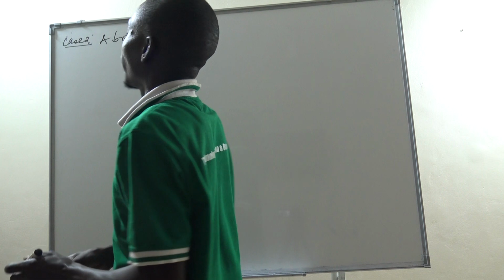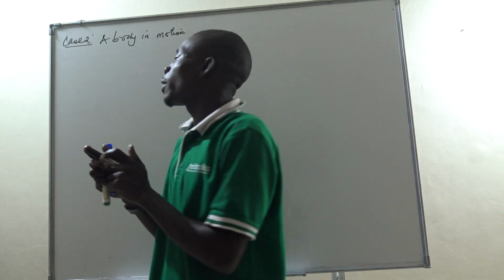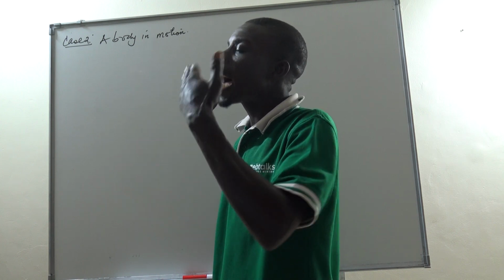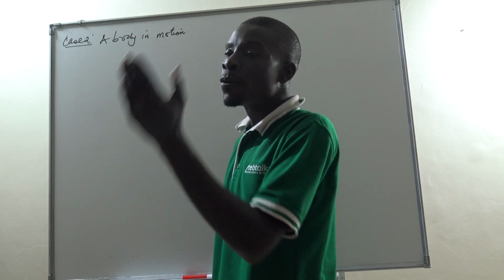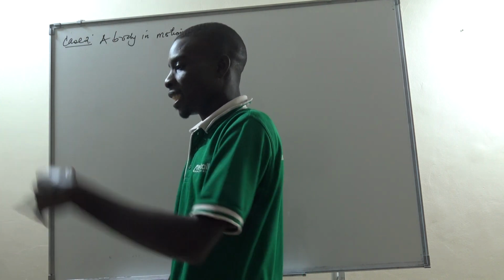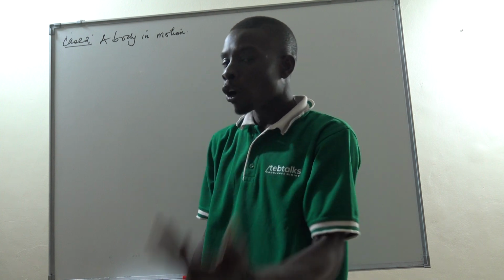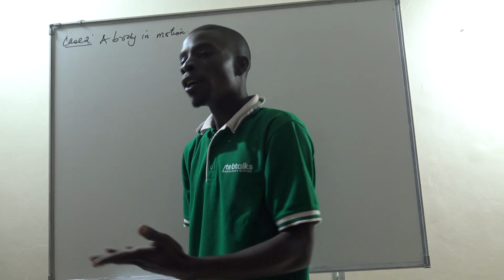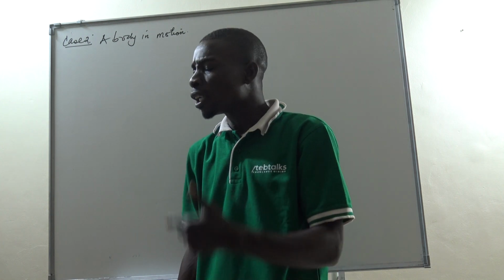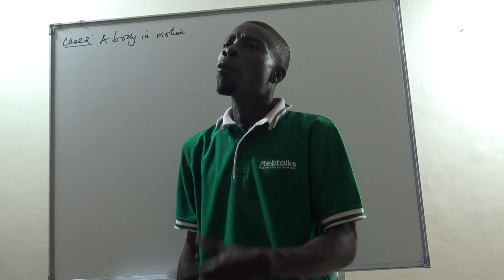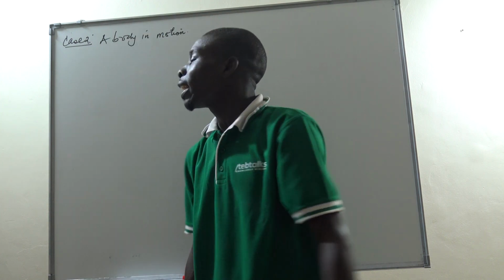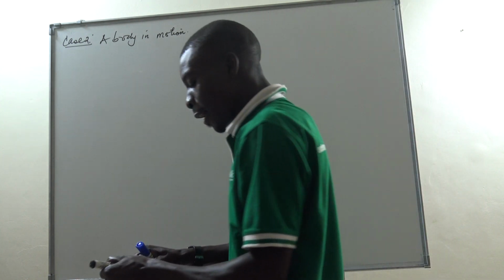Please don't forget, all these divisions are coming from the first law, because the first law says the body will either be in a state of rest or uniform motion. That the one which is at rest will tend to remain at rest, and the one which is moving will always tend to continue moving. We have already analyzed the one which remains at rest. The reason why it will only tend to remain at rest is because when the force acts on it, it will be equal and opposite. Now, let's look at the one which is in motion.